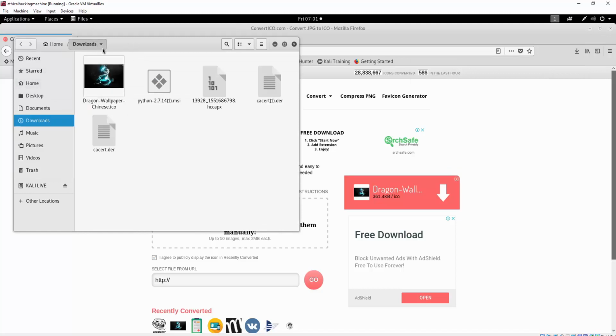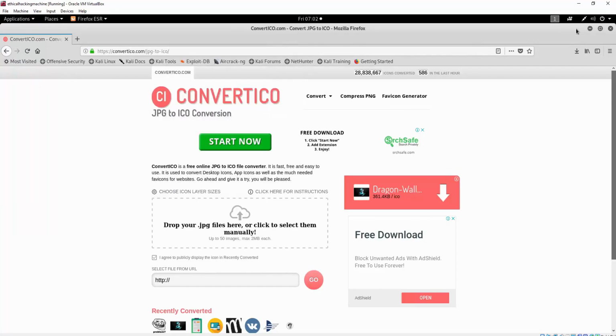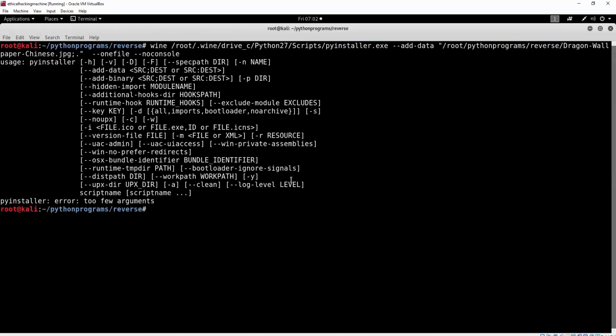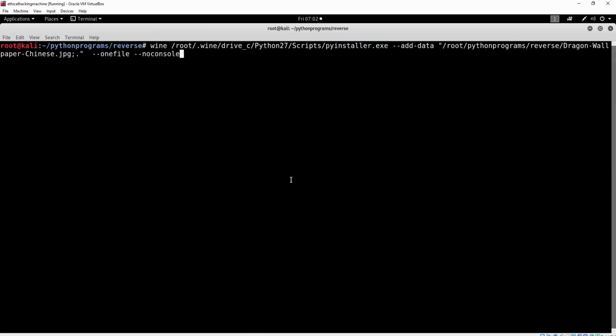directory, so we will specify that path once we specify the icon option in our PyInstaller command. So we know that it is in the downloads directory. We go back to here. So we use the same command as before that didn't work, so just specify add data and then this with the dot and comma and then dot after it, then one file, then no console, and after that you want to specify dash dash icon and then the path to the icon, which is root downloads and then the name